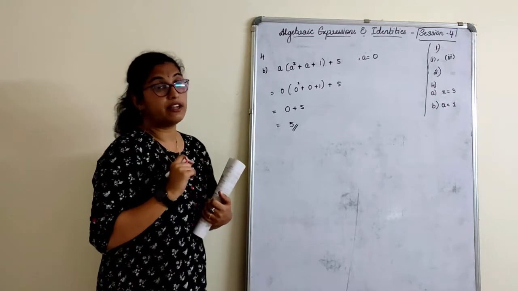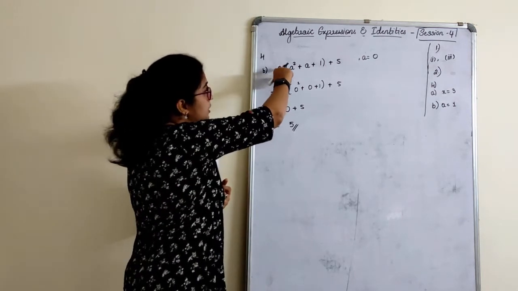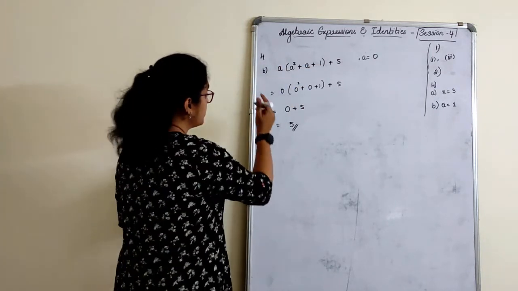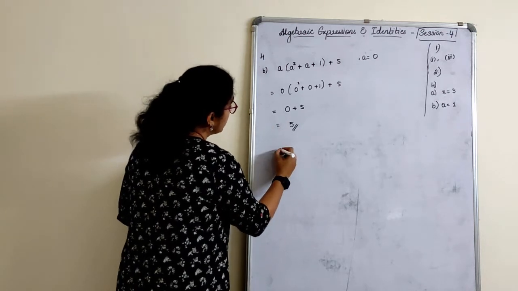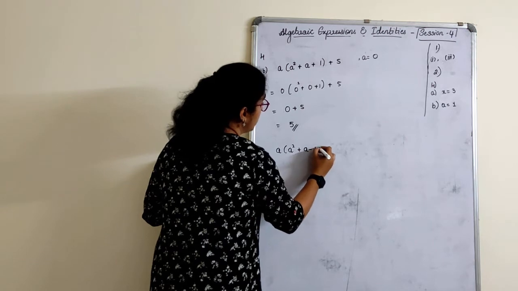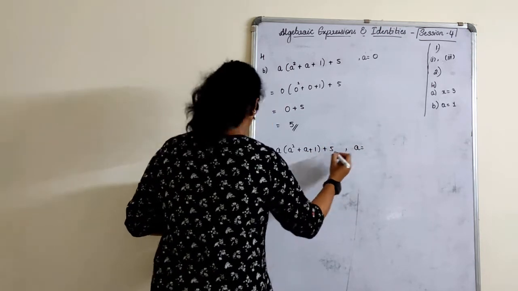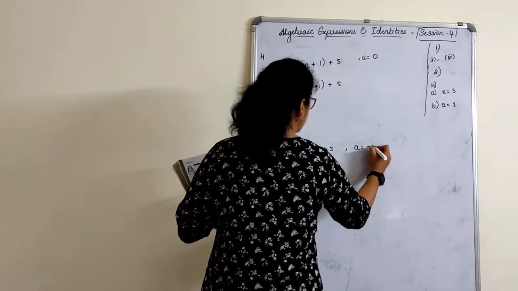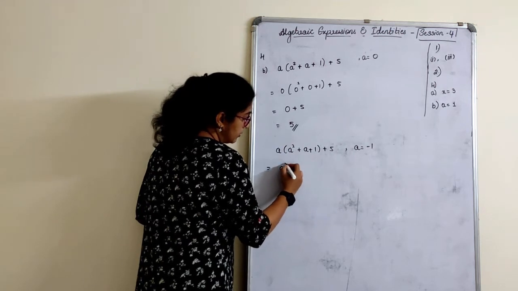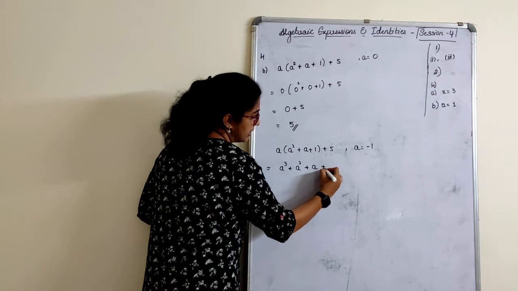Now this sum what I will do is I will substitute there only. We can even substitute the values here or we can multiply and substitute. Both the methods you understood here. So what is the next part? Again we have to solve this for a cube plus a square plus a plus 5, where a is equal to, what is the value given? Minus 1.